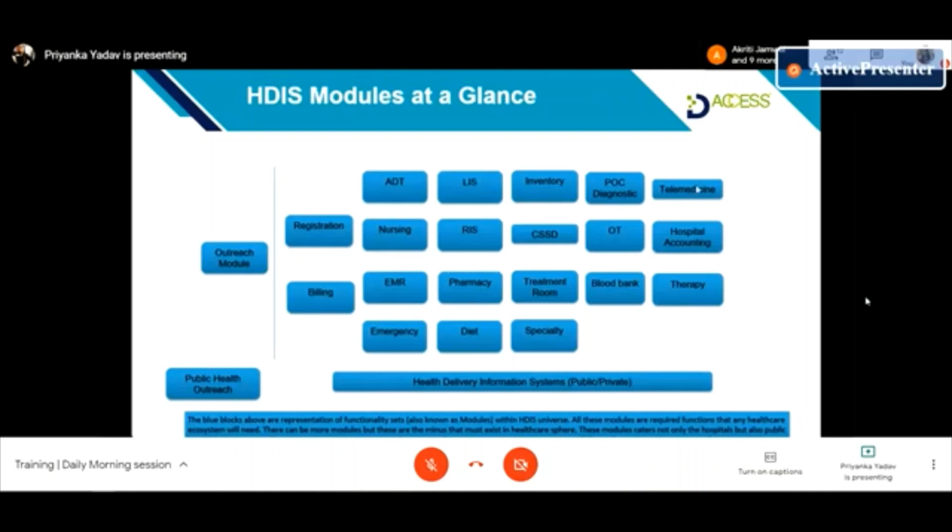Yeah. So like we have inventory management, we also have CSSD. This is nothing but the central sterilized unit. Whenever you go to a doctor, even for a normal vaccine, they use a sterile syringe. Similarly, there are gloves that are used when a doctor wants to check an injury, and especially when it comes to OT. If a hospital has a good OT, it will definitely have a good CSSD management system in place. So all the sterile part, because every time there is an OT schedule running, for example,